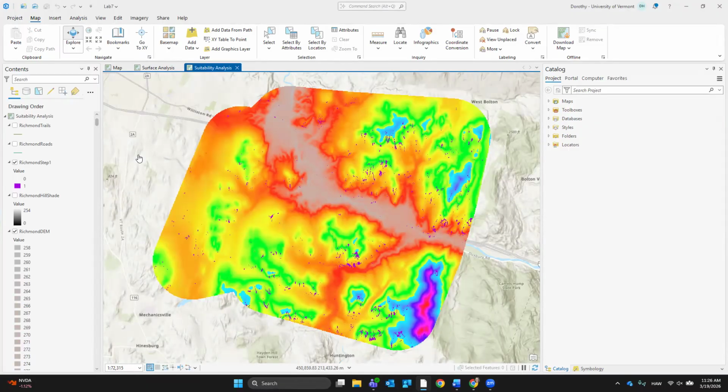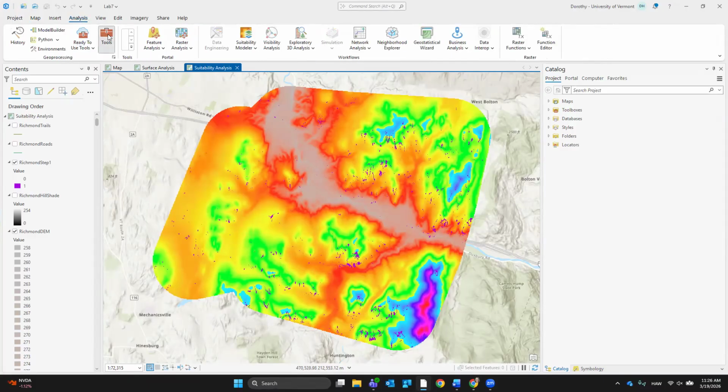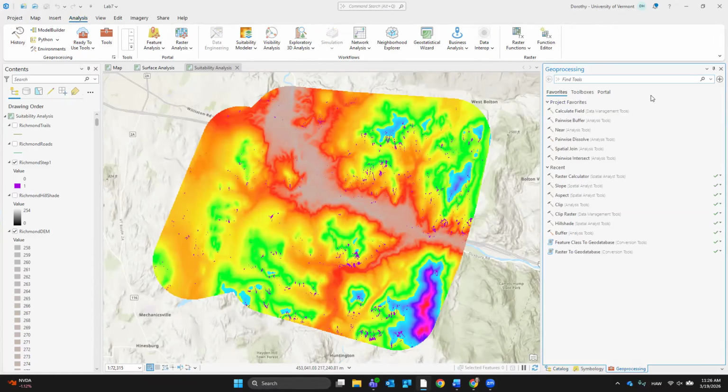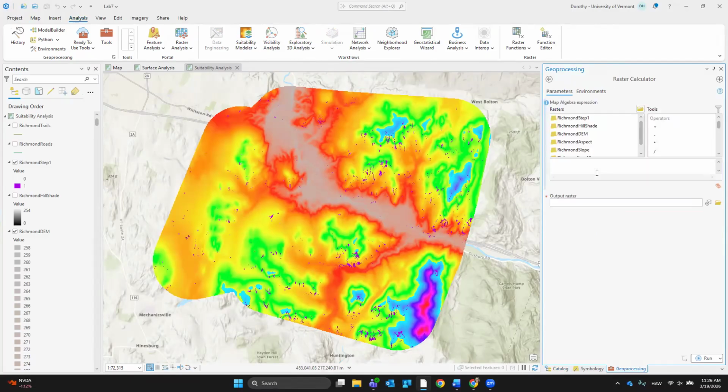Okay, so back, I'm going to open up geoprocessing, type in raster calculator, or look, it's under recent, so just open it. Cool, thank you. I'm going to do Richmond DEM is greater than 100. Okay. Ignore that for right now because I don't know why that's doing that.